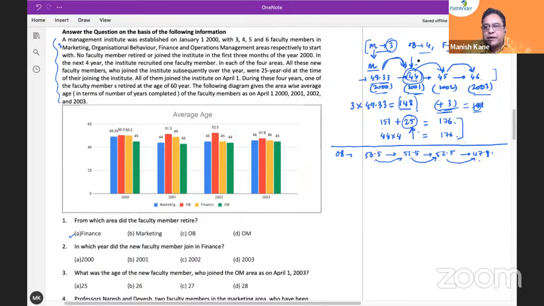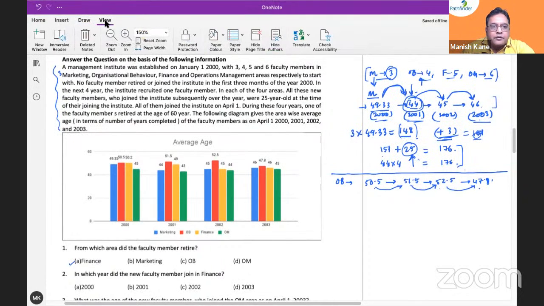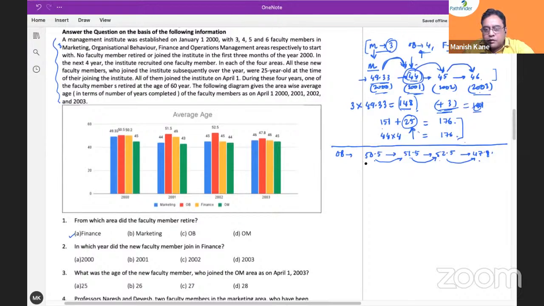OB में लोग कितने हैं? 4 लोग हैं OB में. Correct? There are 4 people in OB. So what is the sum of all these ages? 50.5 into 4. यहाँ पे सम लेने की जरूरत नहीं, यहाँ पे भी लेने की जरूरत नहीं, हम यहाँ पे सम ले लेते हैं। इंटू 4 किया तो सम कितना आएगा? 250, 258, 260, करेक्ट।